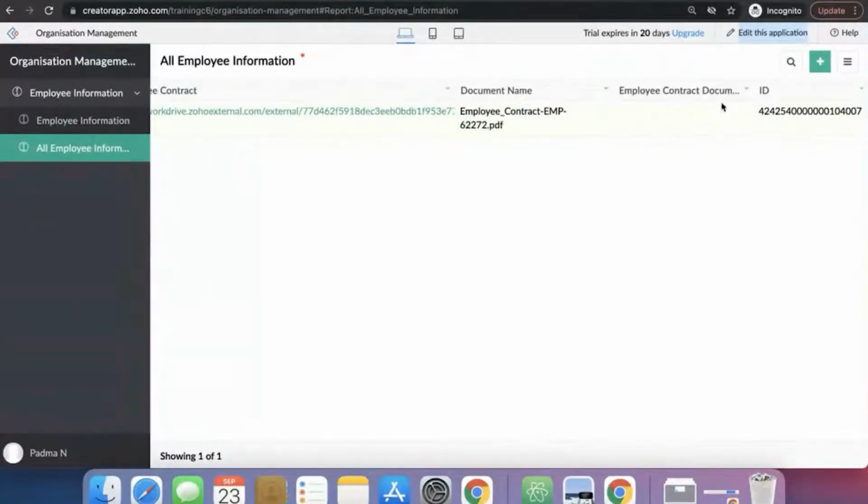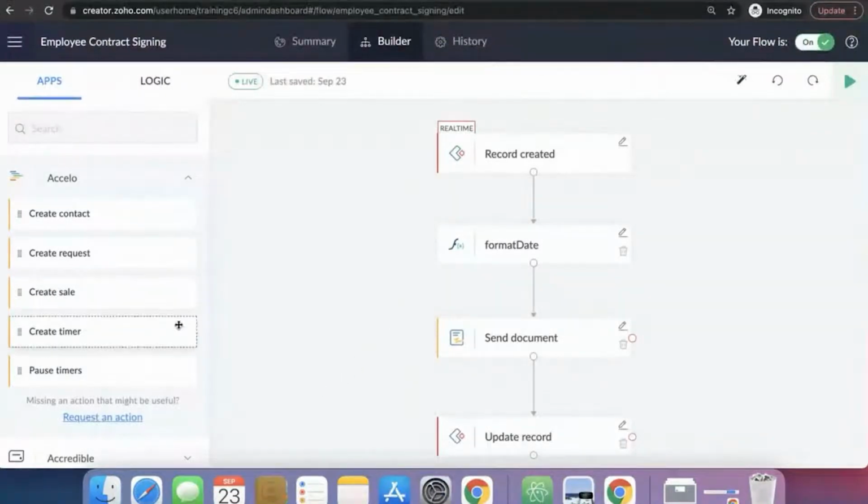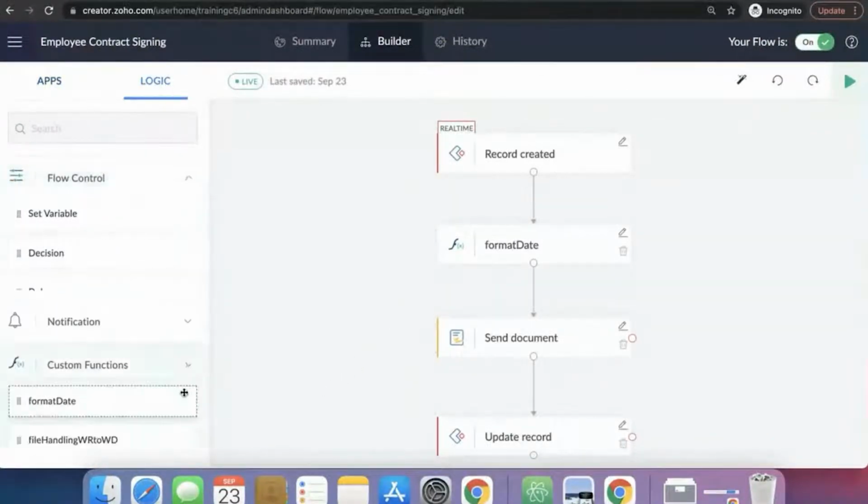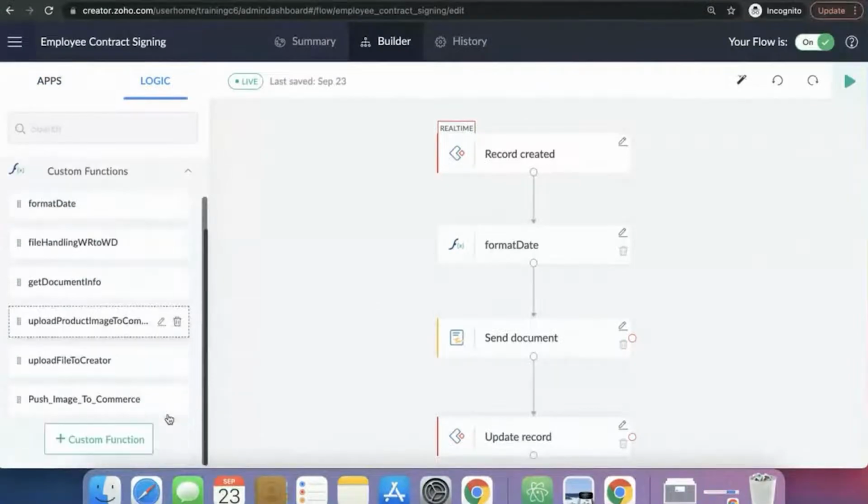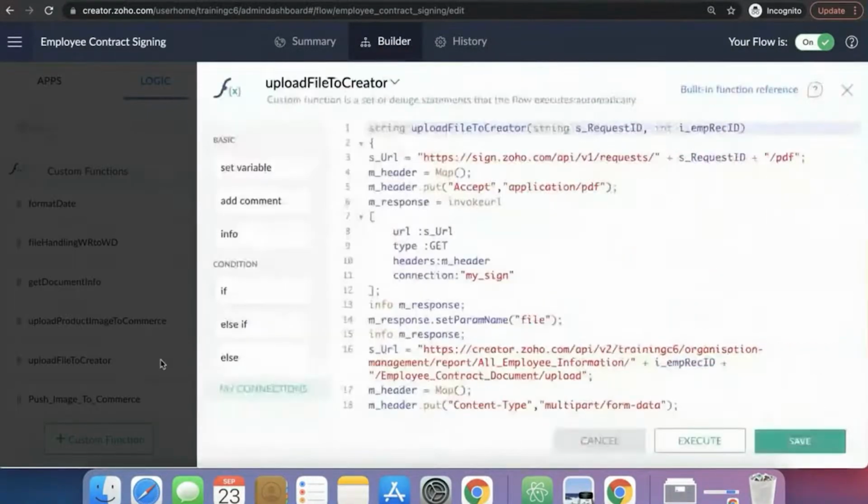I do have one file upload field. I just want to show you that in some cases, people might prefer not to use any external WorkDrive or storage system. I want to store the file inside Creator, and I'm very sure that the file size is going to be small. There would be use cases like that, for which we still have custom functions. I was telling you about file upload and file handling. I've written a small custom function to quickly show you how this could be uploaded into